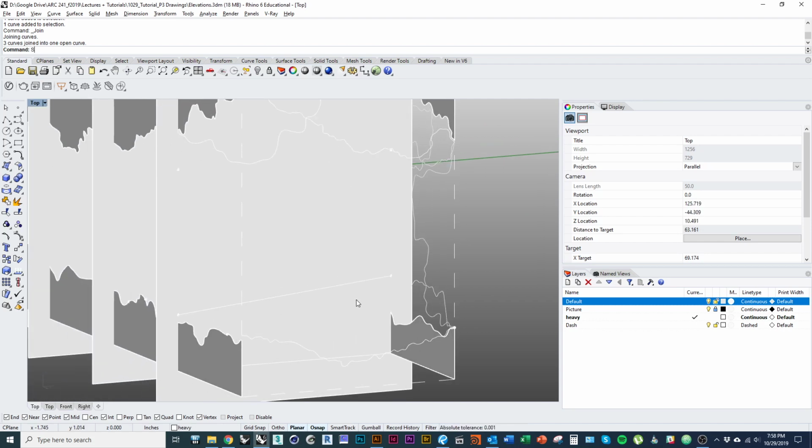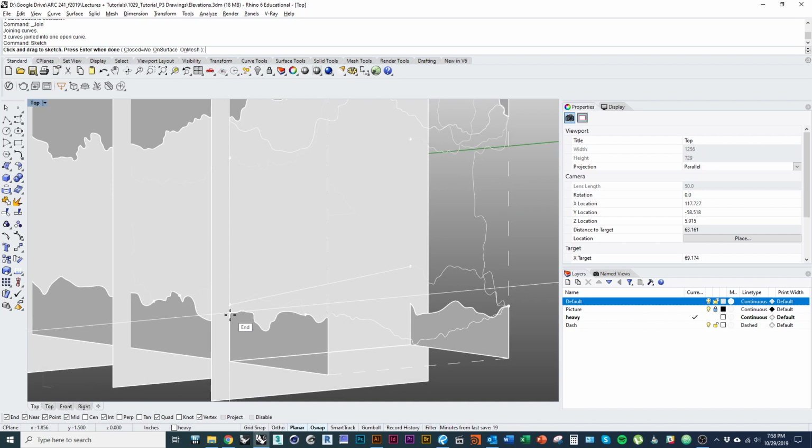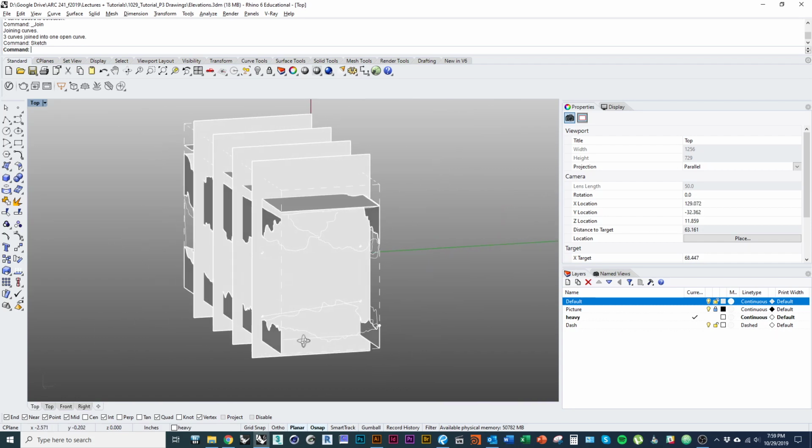I'm just going to do the same process. I'll use the command sketch. I'm going to snap to the start point, and then immediately hold Alt on the keyboard. So click, hold Alt. Now I'm drawing on this plane. It doesn't have to be perfect or precise, just maybe try and mimic what you've done